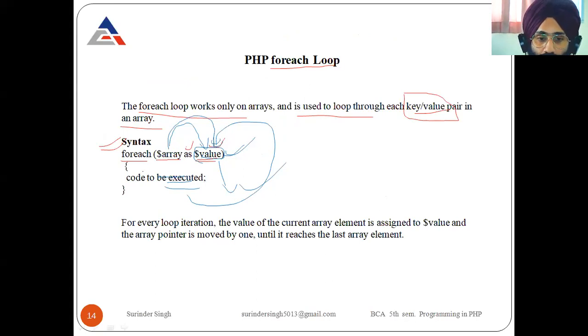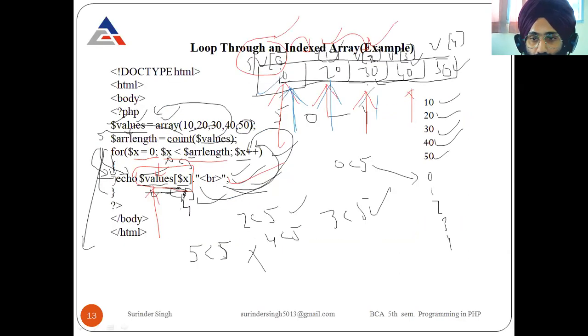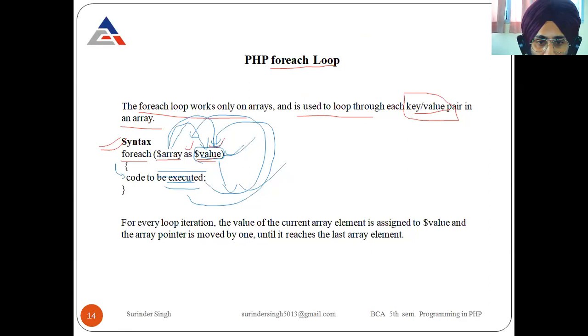Now control enters the foreach loop, and we print the value of the second array element. Clear? After executing, again, control goes to the third element, and the array assigns the value of the third element to the value variable. Clear? And we will print this. This is the idea behind the foreach loop.